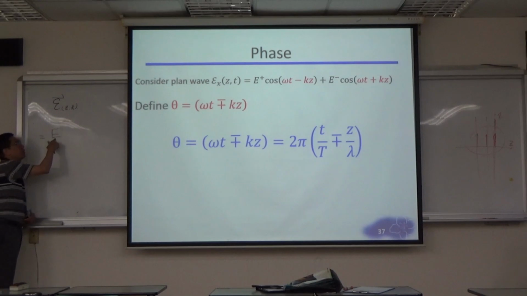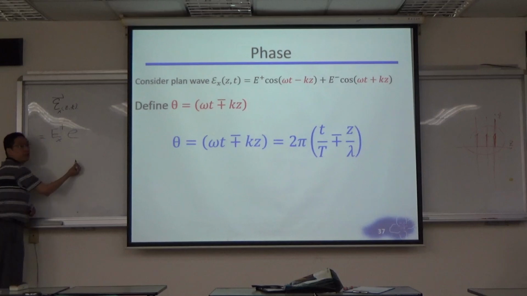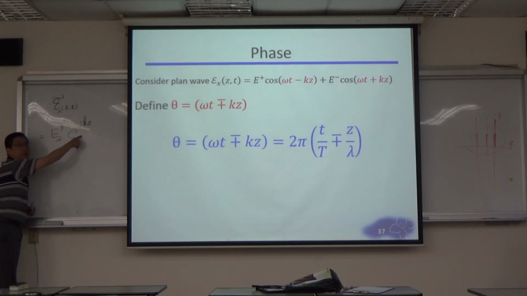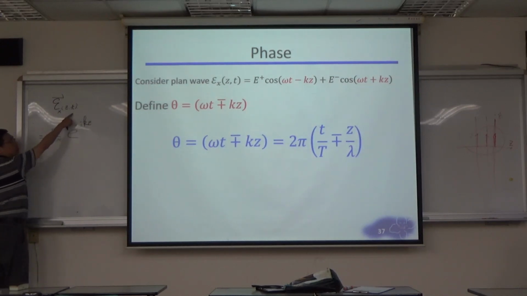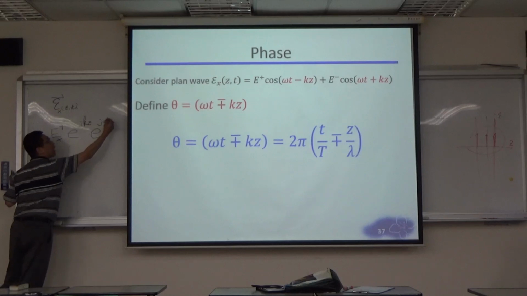E, it is a scalar function, E of X, and this is only, we consider only the positive E field. So you write down EX positive, this is the magnitude of the positive E field, multiplied by the exponential minus J K Z. This is what we obtain from the PDE. And because this is a time harmonic result, you also multiply exponential J omega T